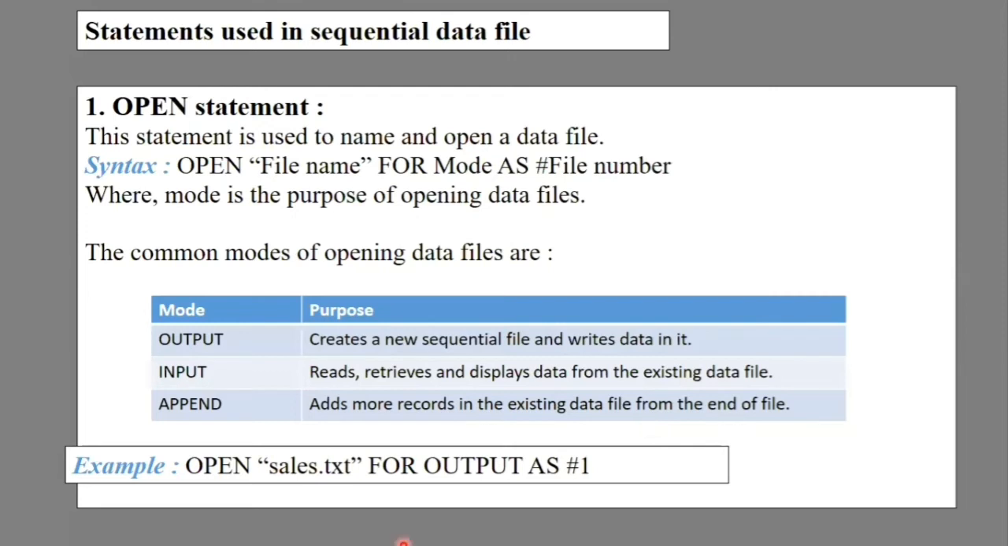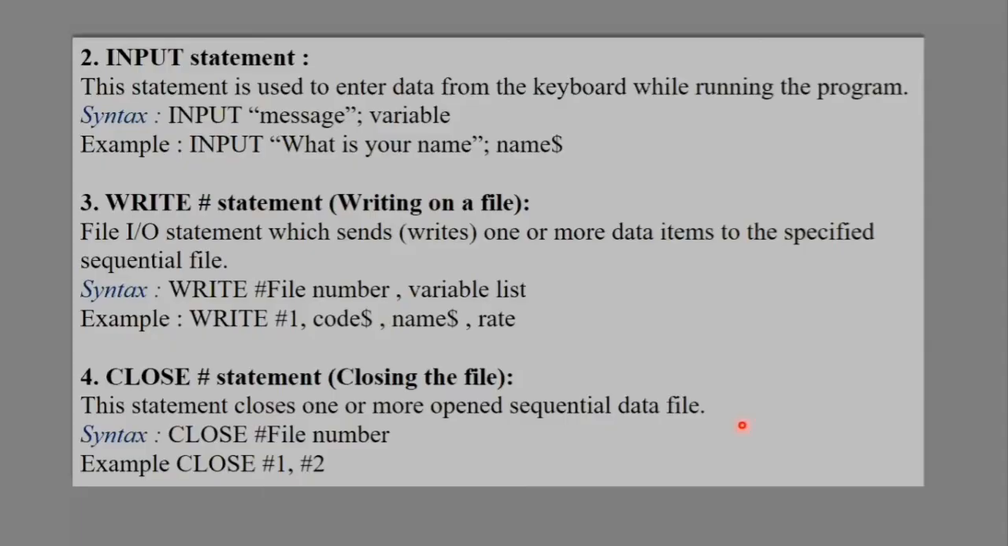Here's an example: open sales.txt for output as file number 1. This means we are opening or creating a data file named sales.txt for the purpose of output, to create it, and we have given it file number 1. So once we created a file,